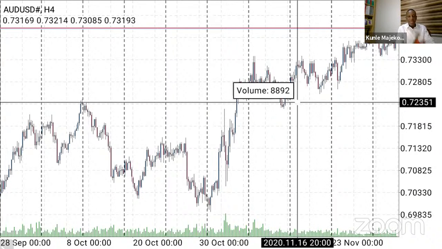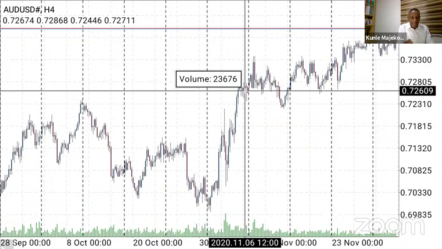Right now, I'm looking at H4. How do I know it is H4? If you look up there at the top left, you see the currency pair and the time frame. I mentioned time frame yesterday, and I told you that you're going to learn more of it. It tells you that this analysis I am looking at is based on a 4-hour time frame. What it means is that,